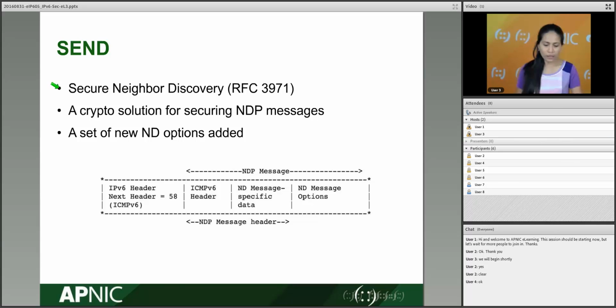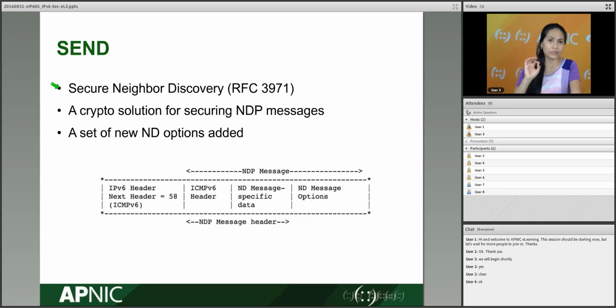Now, the original NDP specifications actually called for the use of IPsec. So we know that IPsec is part of IPv6. And how are we going to protect NDP messages? We can, of course, use IPsec for that particular purpose, right? But in a lot of the standard specifications, there are no detailed instructions on how to actually use and implement them. So with SEND, or Secure Neighbor Discovery, it takes a few of those that you can probably implement in just